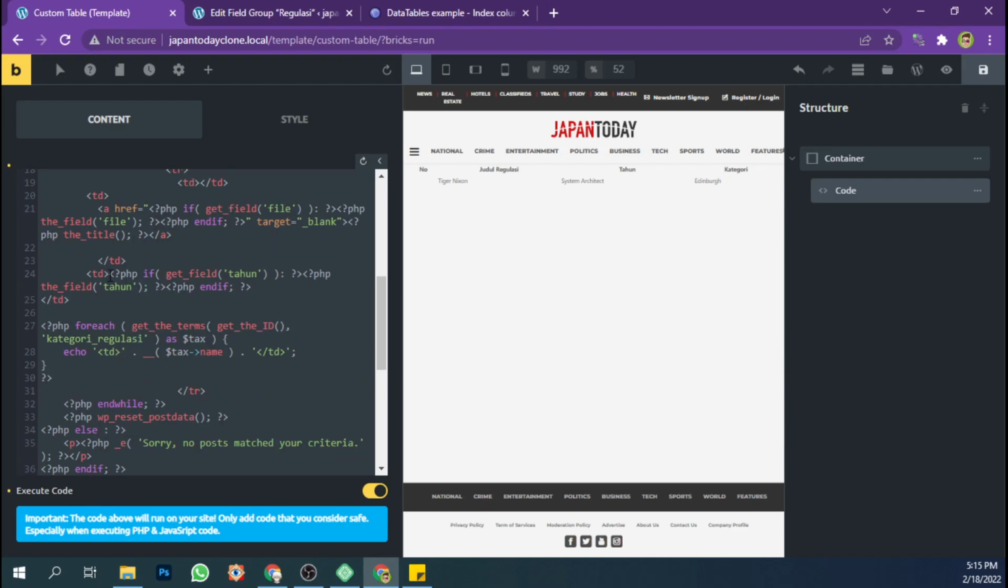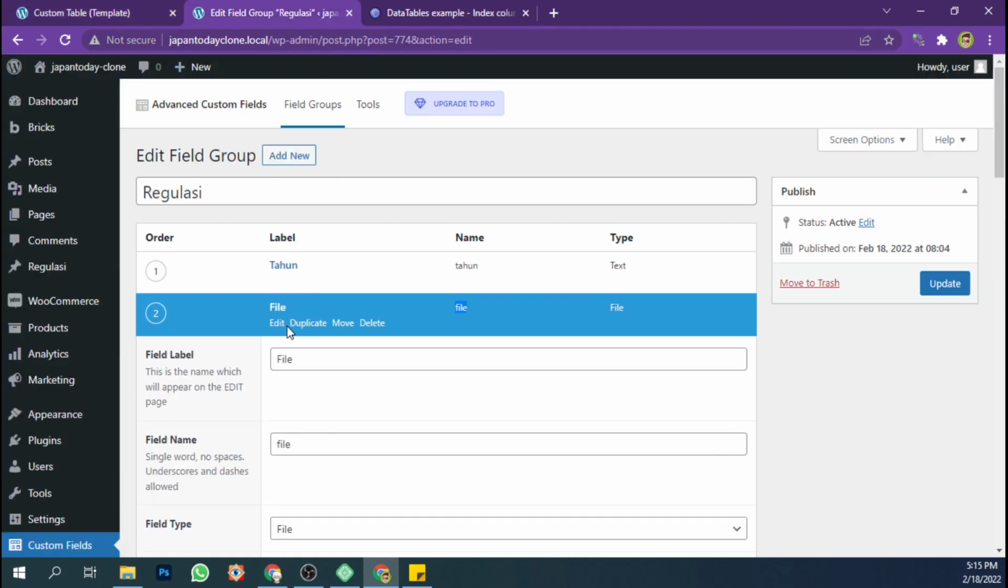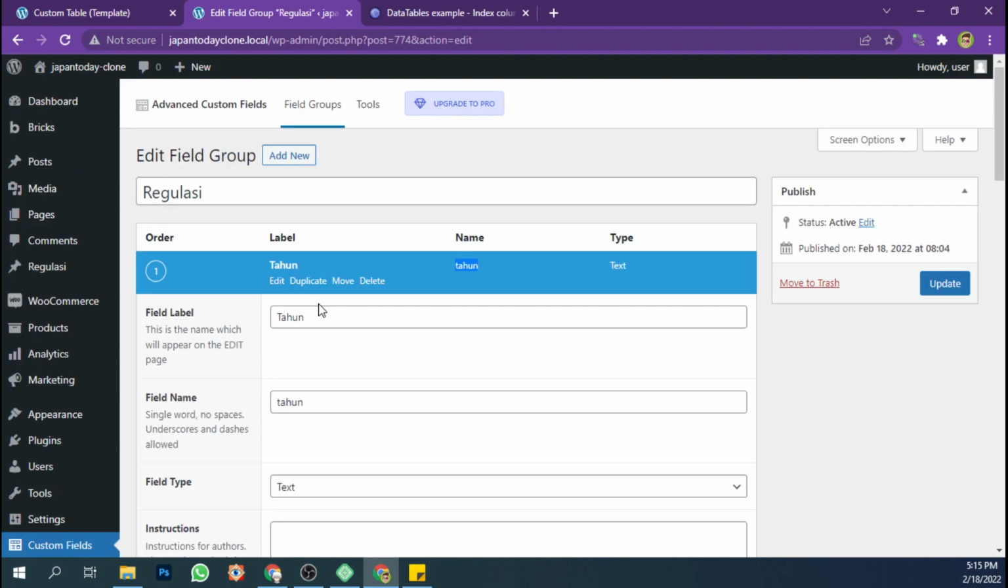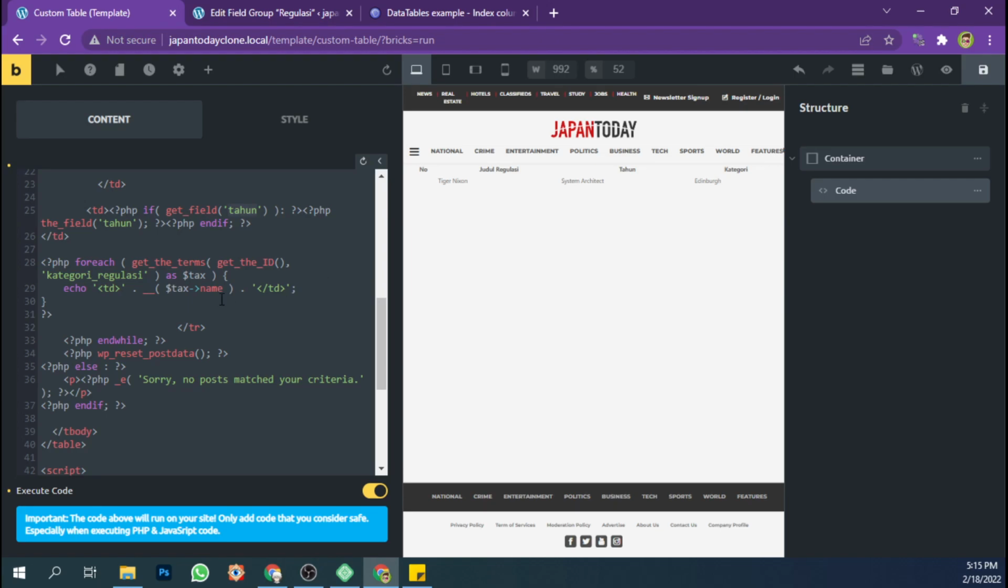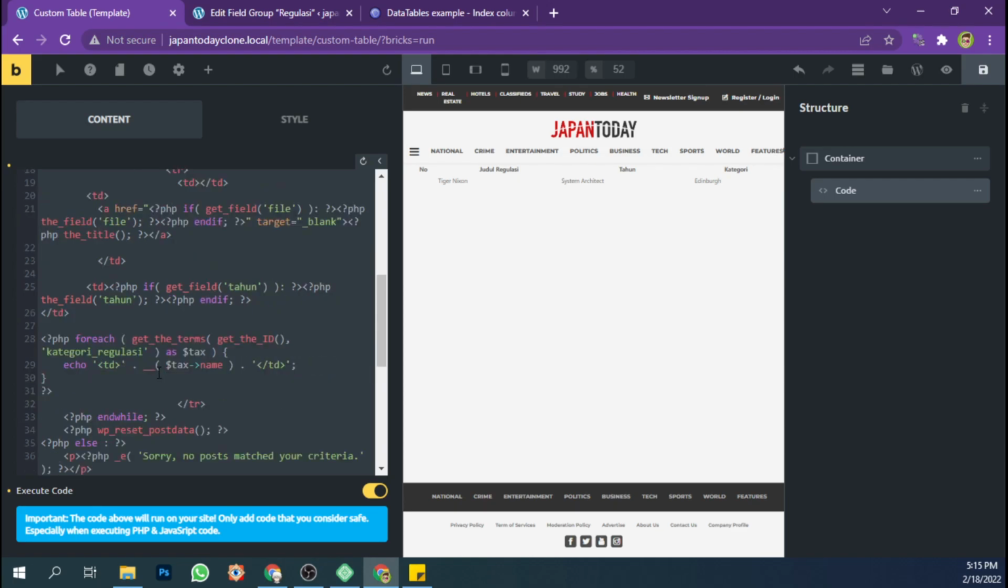And the second table data here, it will retrieve the custom field year here, and the third table data here. For the third table data here,